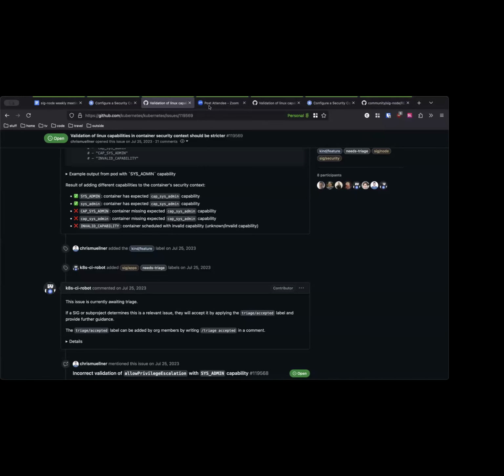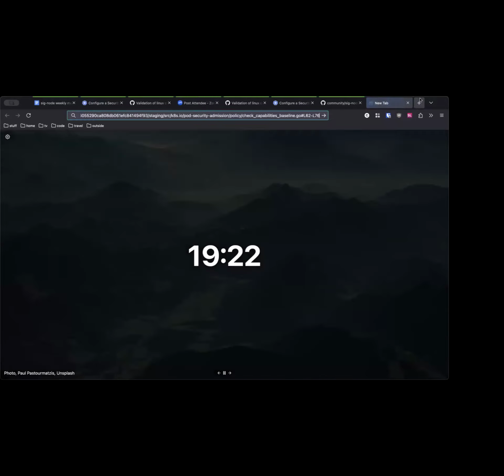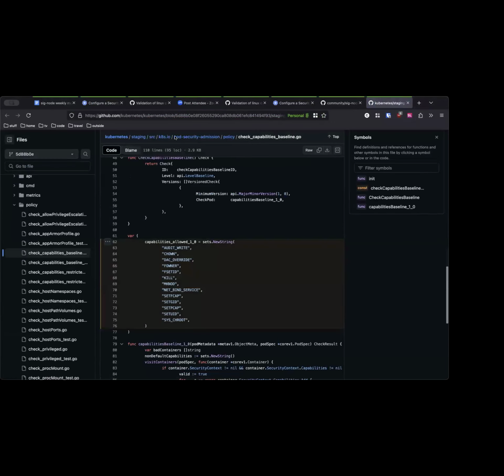And as a note to Tim's point about the PSA validation piece, it looks like the pod security admission baseline policy does deny any sort of prefix of the CAP plus any lowercase.